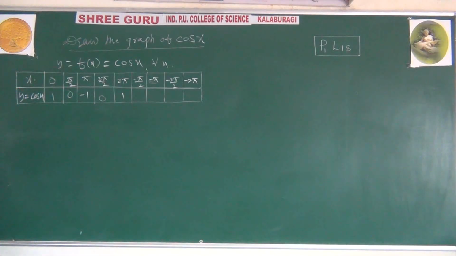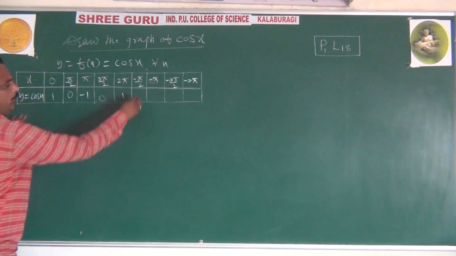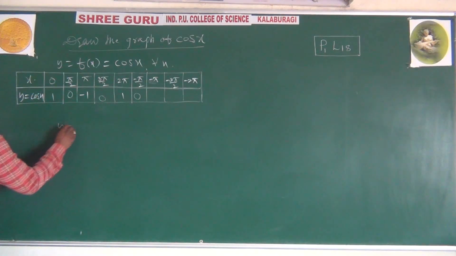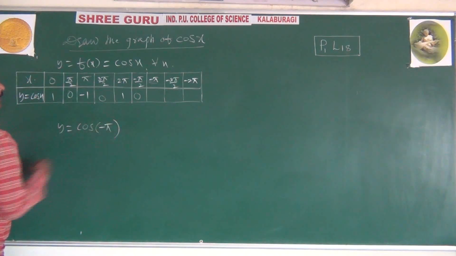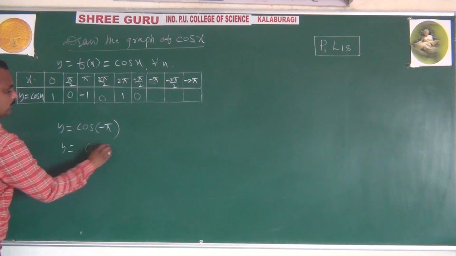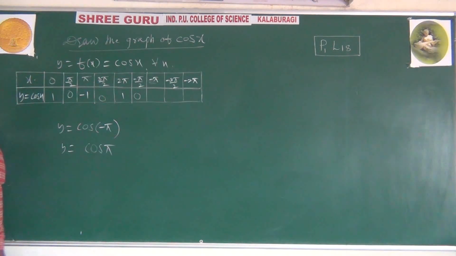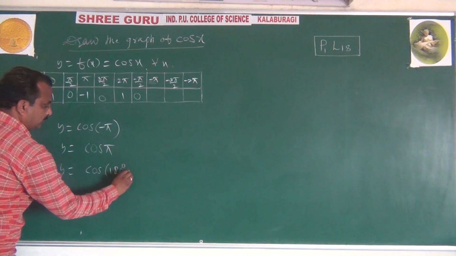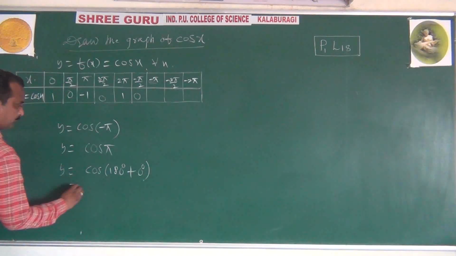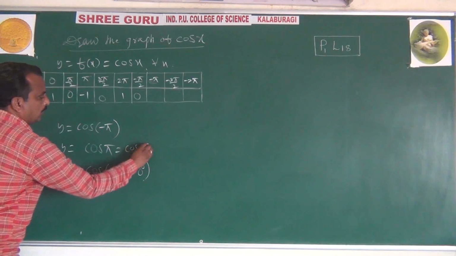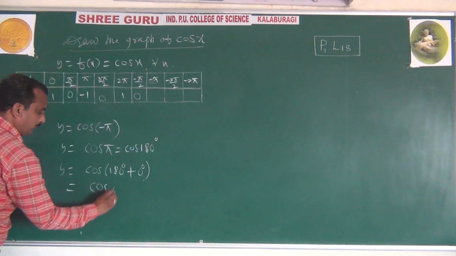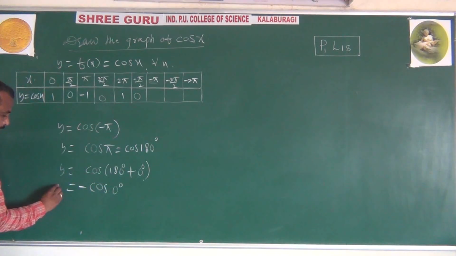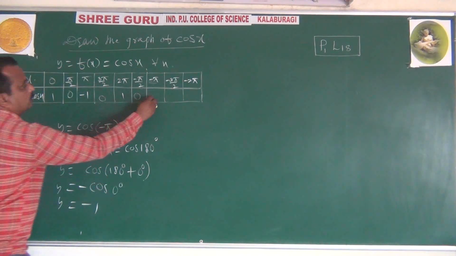See, students, minus pi by 2, it is 0, whatever it may be, cos of odd multiples of pi by 2 are zeros. Now see the cos of minus pi. Cos of minus theta equals cos theta. So this is cos pi, 180 plus or minus 0. I have taken in terms of degrees here to calculate the values. In the third quadrant, if taken plus, it is negative; if taken minus, the second quadrant is also negative. What is cos 0? 1 it is, so minus 1.